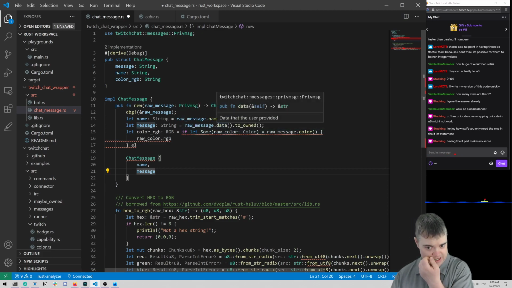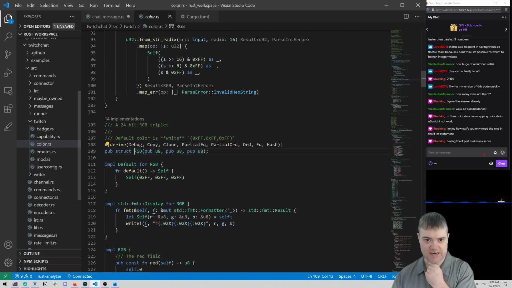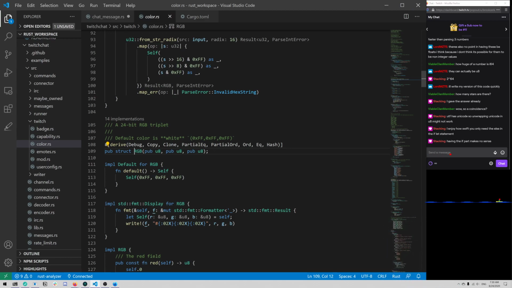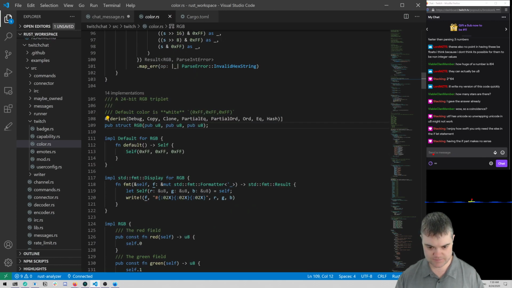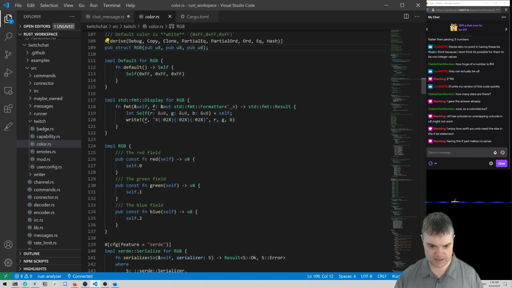So that gives me the color, and then I want the RGB. The RGB is itself a data type. Excuse me, got away from the mic in time. Let's see. There's a format that's display.